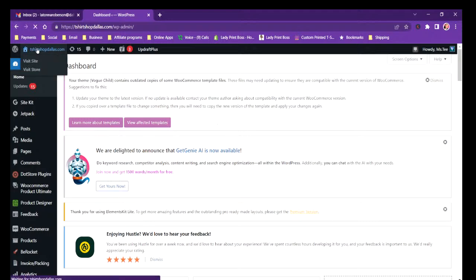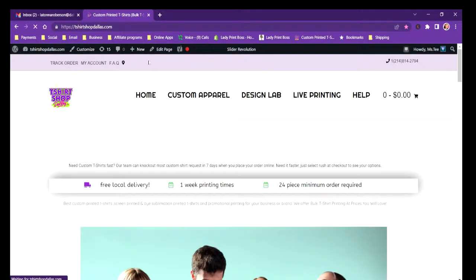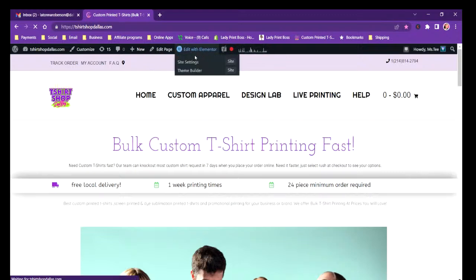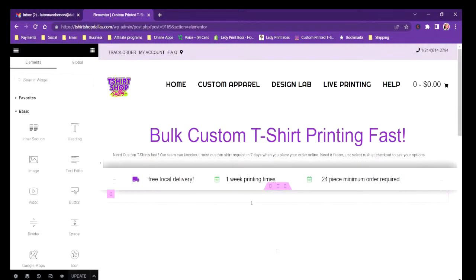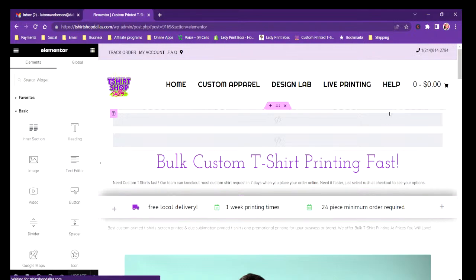Okay, y'all. So let's go to the home page. Okay, and we're just gonna edit this home page. I'm just gonna put that banner right there and see how it's gonna look. See if I need to edit or whatever it is that I need to do. Okay. So the reason I'm doing this, y'all, is because